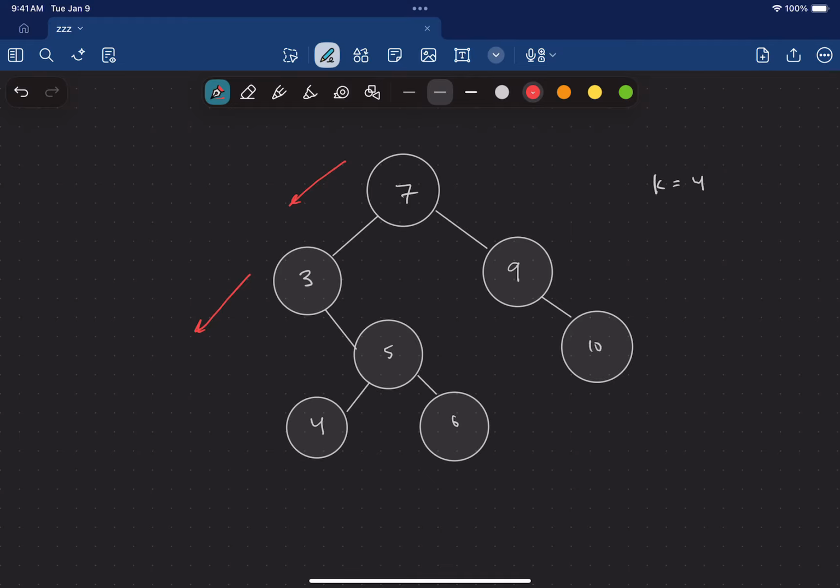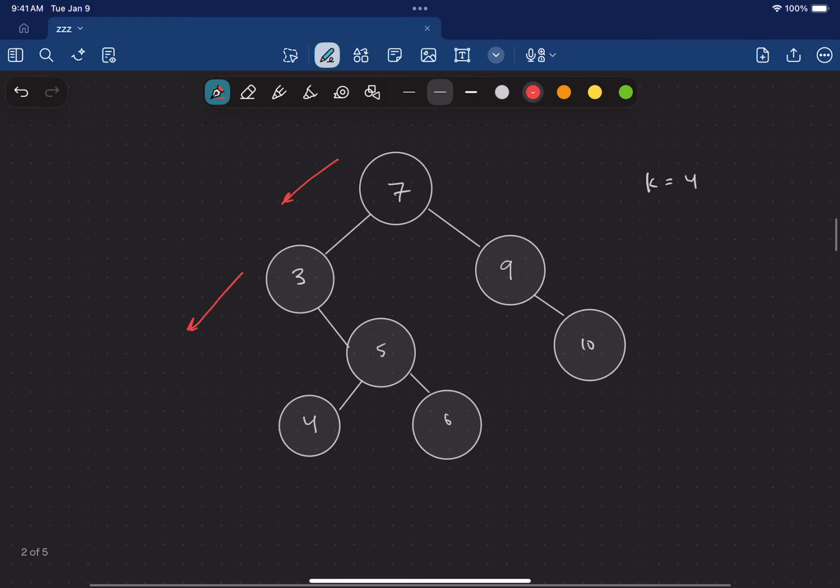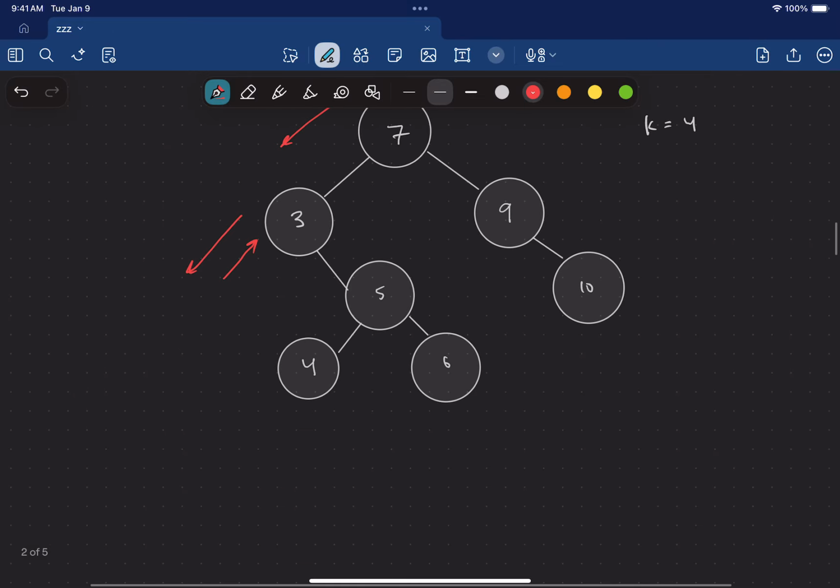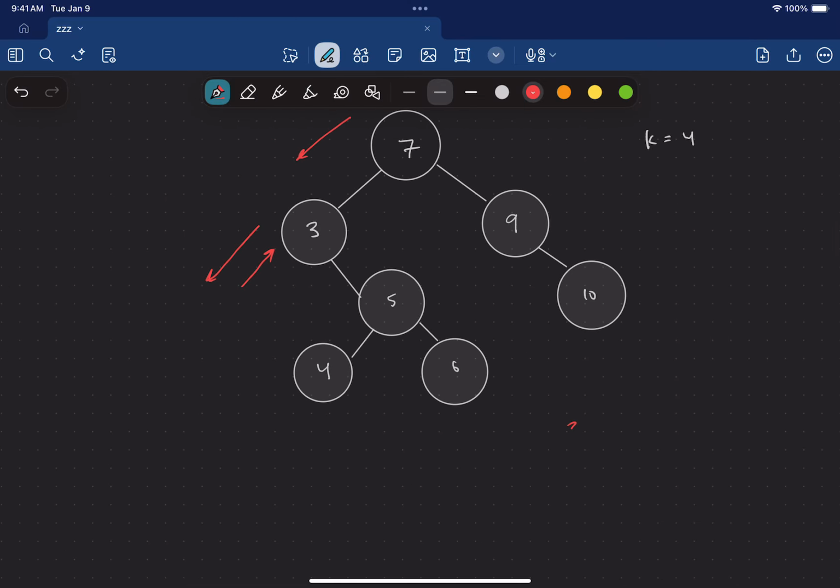And as soon as we hit a none node, we go, well, there's nothing here. Let me go back. And the first time that happens, that's our smallest node, right? So this finds us the smallest in the tree, which is 3. And then from that node, we can